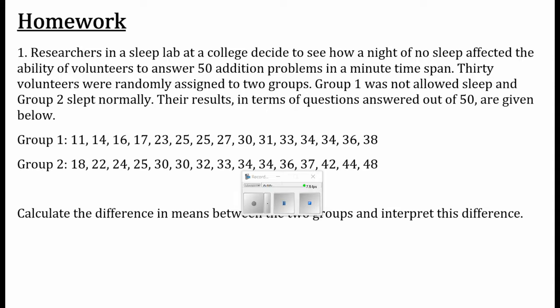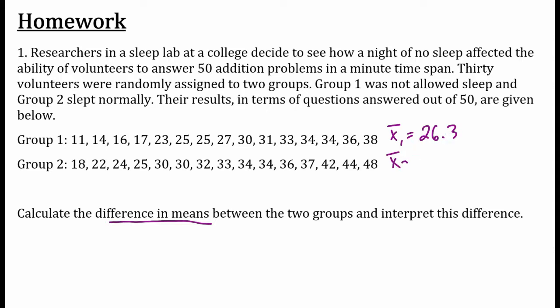So I have these two groups here, and Group 1 did not sleep, Group 2 slept. And I want to know what's the difference in means between these two groups? So hopefully what you did is you took Group 1, and to find the mean, you threw it into L1 in your calculator, did 1var stats, and got the mean for Group 1 was 26.3. So Group 1 on average got 26.3 questions correct. Whereas Group 2 on average, the people who were allowed to sleep, got 32.6